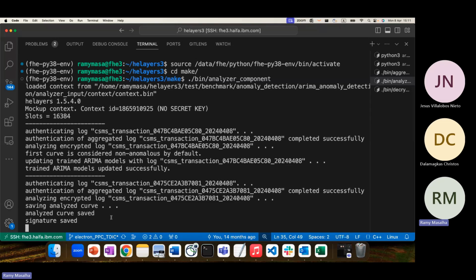on subsequent encrypted data. The analyzer has now finished with the computations, and it produced an encrypted report, which specifies whether any anomalies have been detected. This encrypted report is saved and signed, and will be sent to the alert decryptor of the ELECTRON security information